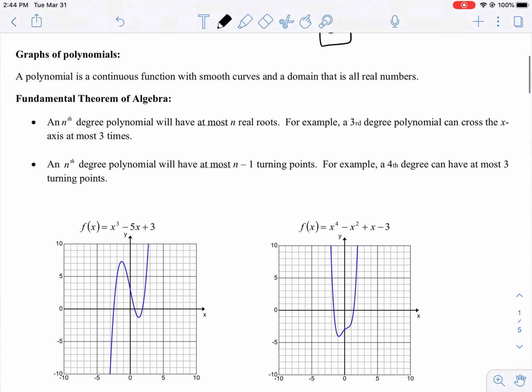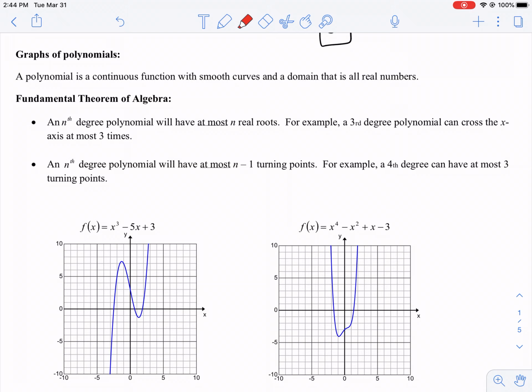Alright, so we're going to talk about graphs of polynomial functions. You've dealt a lot with quadratic graphs and parabolas. You have seen cubic graphs and have talked about those, but not really anything past that. So the fundamental theorem of algebra states that an nth degree, so fill in whatever you need for n, so 5th degree, 8th degree, 9th